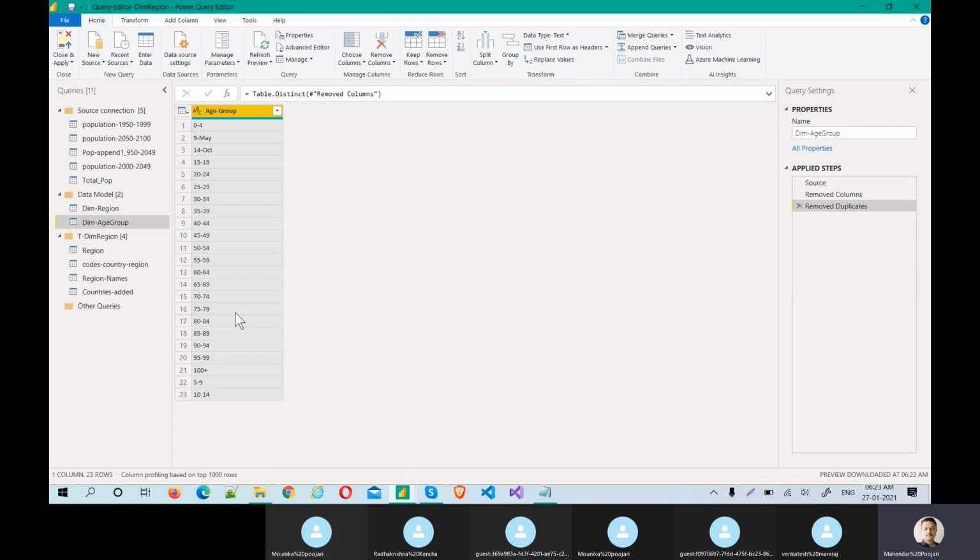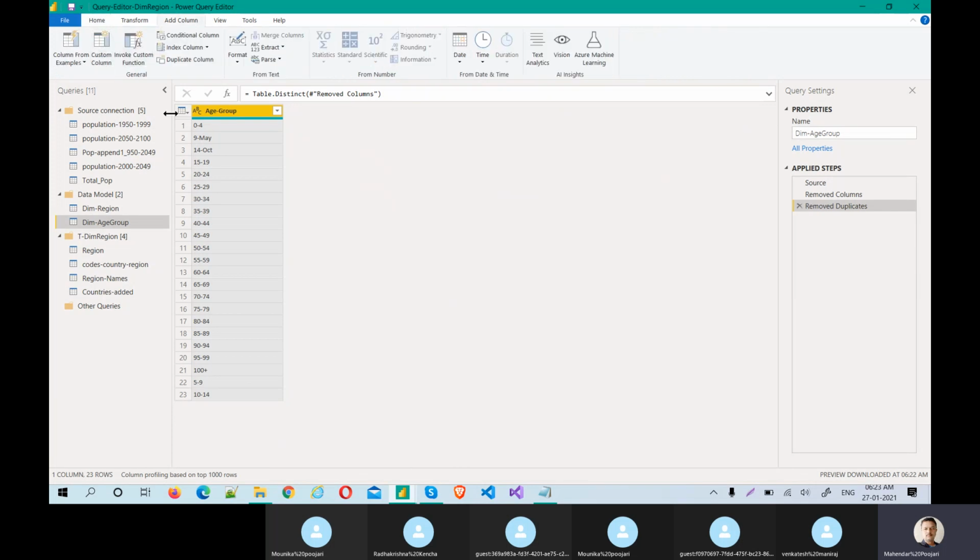Okay, now let's understand what we can do here. So I need an index. Basically, I can add a column saying some ID I require, right? I can add one custom column with 1 2 3 4 5 till 23. Okay, that is one option we have.